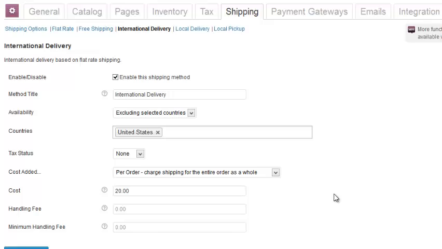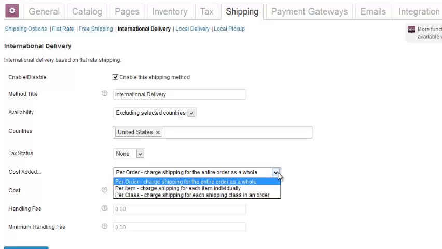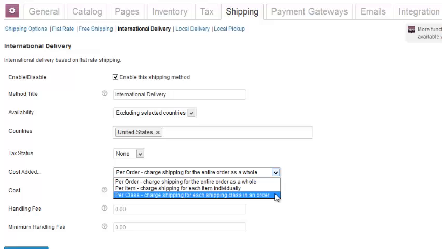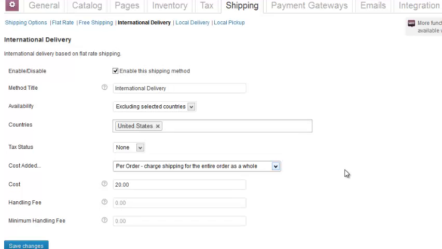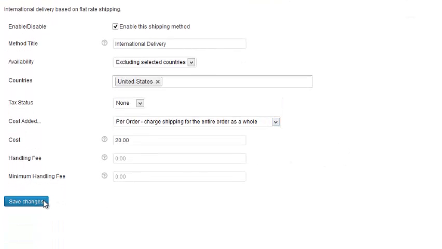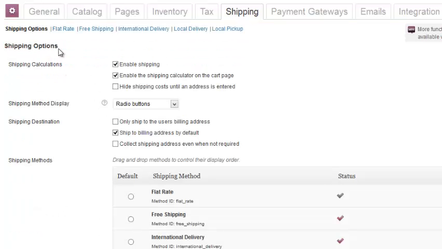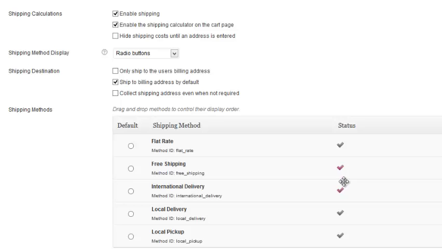Okay, so rather simple. Everywhere besides the United States, I'm going to charge $20 for my shipping. And that's going to be per order rather than per item. You can set up shipping classes. I'd mentioned that before when we were creating our simple product. But most people just have it by order, and it is sort of a flat rate, $20 for everywhere except the United States. All right, so rather simple. Hit save. And now when I go back to shipping options here, notice that this is on. They're both on.